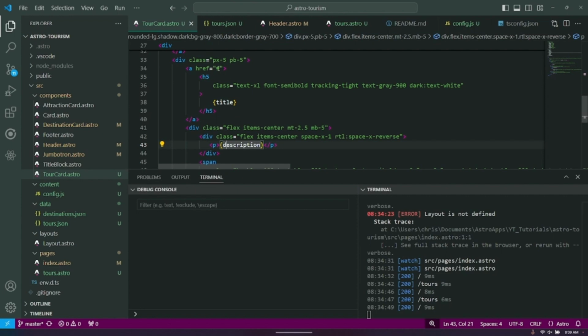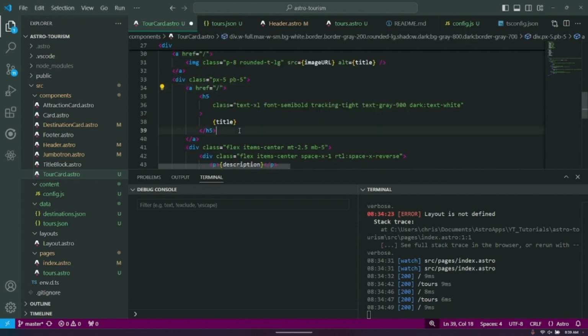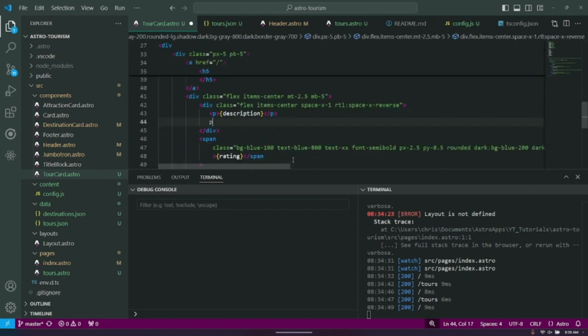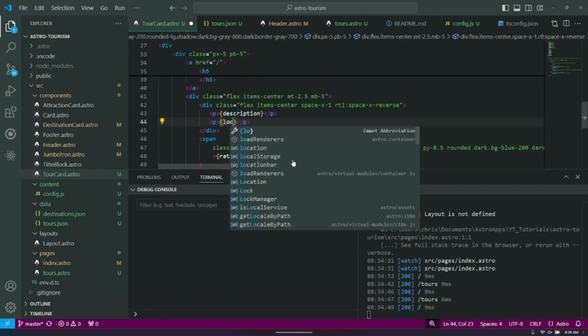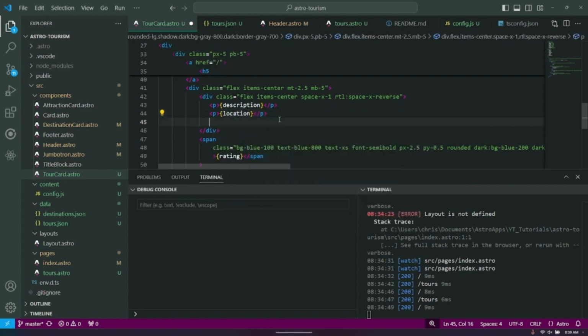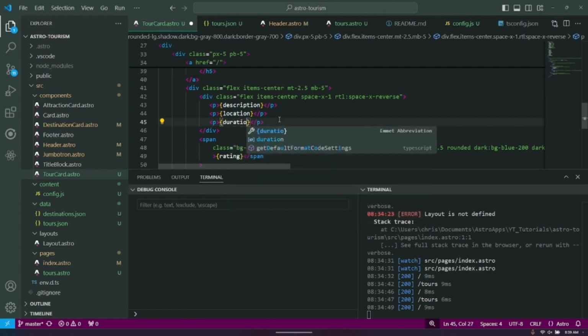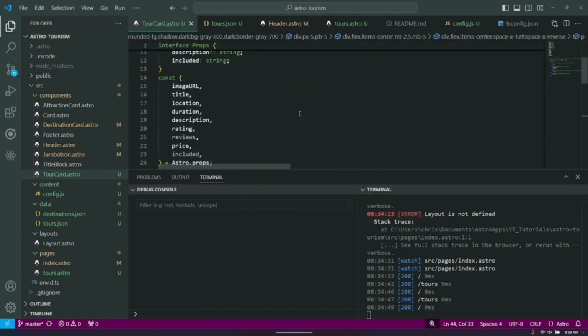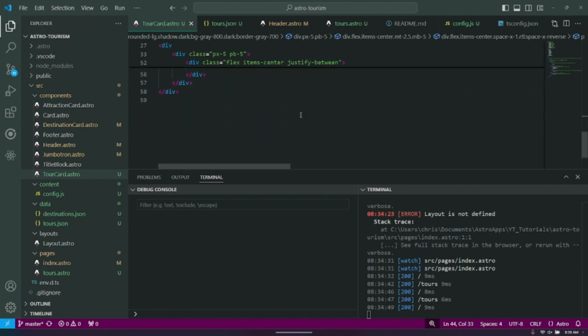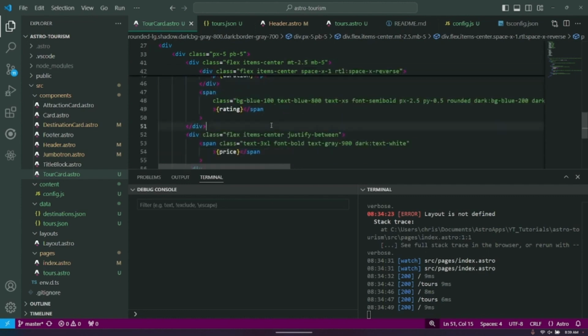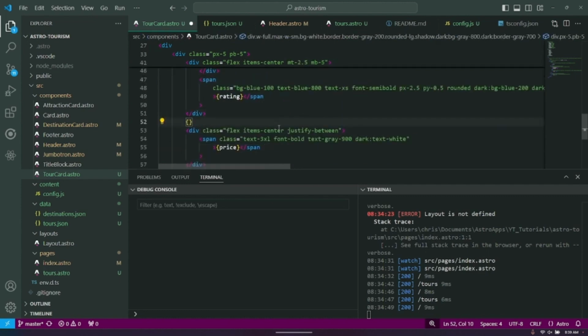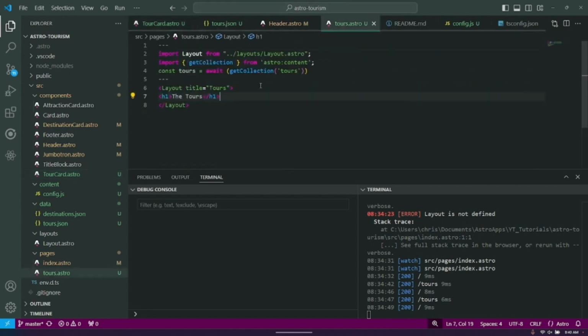So what we'll do, I'll add another paragraph, location, another paragraph, duration, and we've got included as well, haven't we? Alright, so now we've got our tour card and we go into our tours.astro file and we will do the